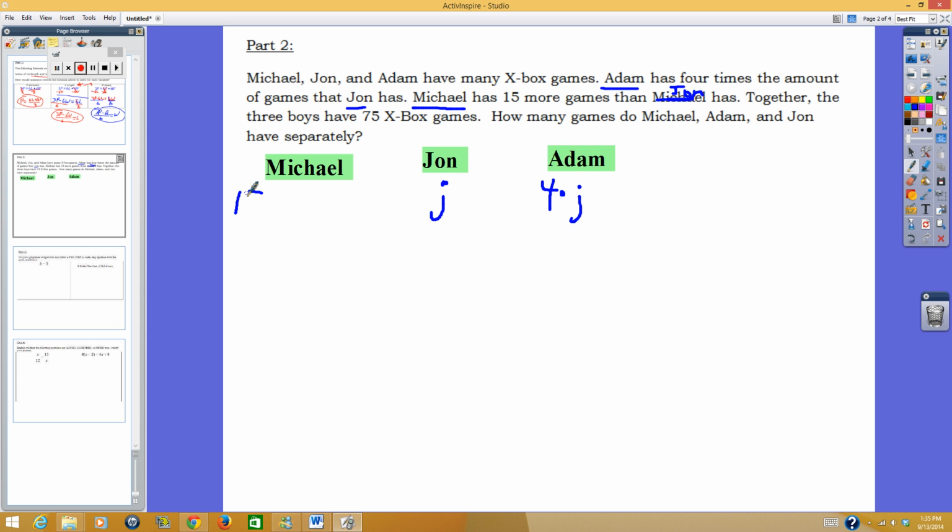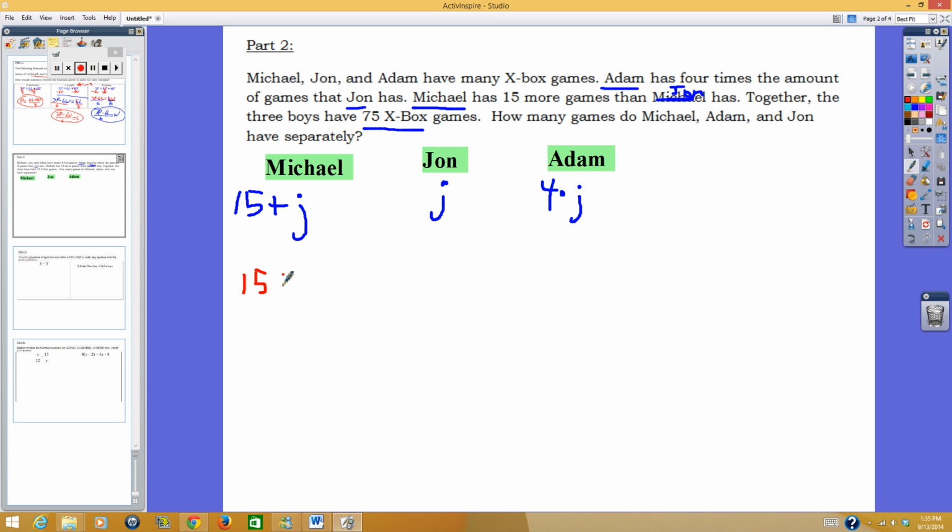So 15 more addition games than John, right? And the 3 of these guys together should have 75 Xbox games. Alright, so let's set this up. When you're rewriting this, you should be thinking in your head,